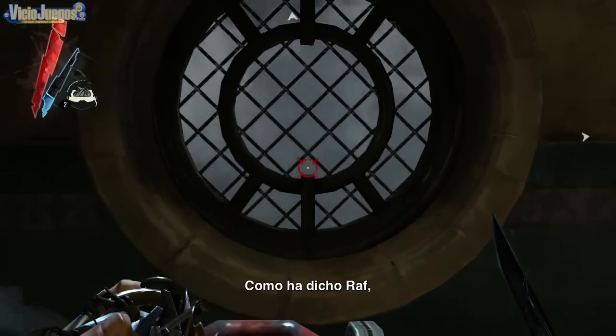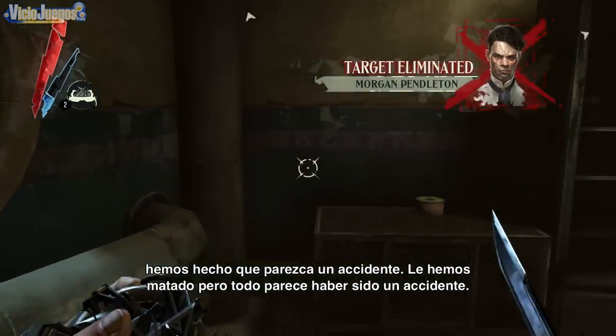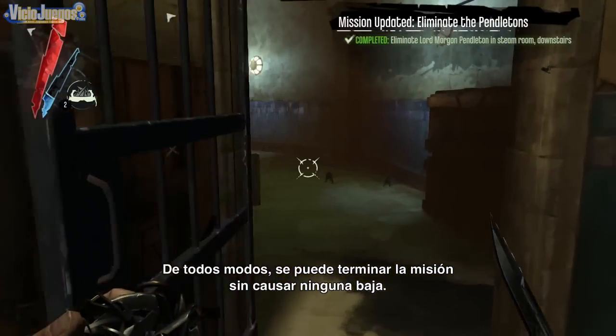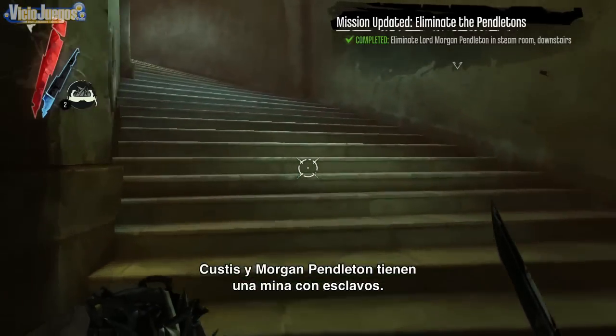So as Raph said, we made this look like an accident, right? So the target's been assassinated, but it looks like an accident. However, there's also a completely non-lethal way to do this. Custis and Morgan Pendleton are slave owners who run a mine,